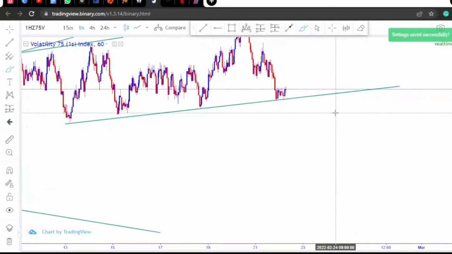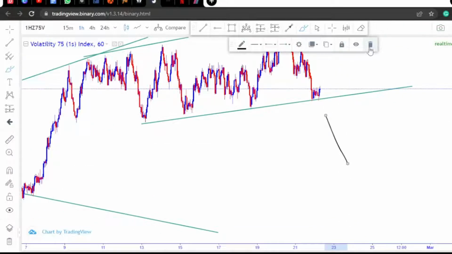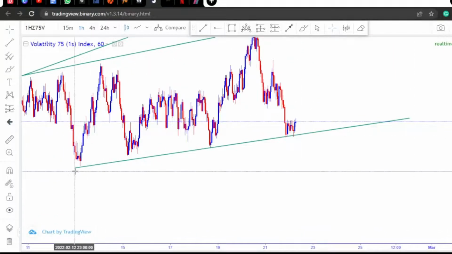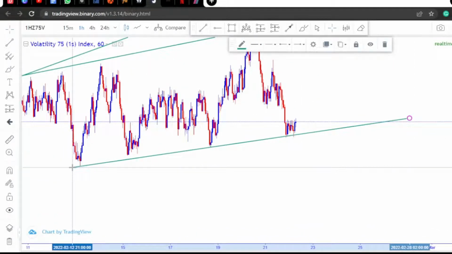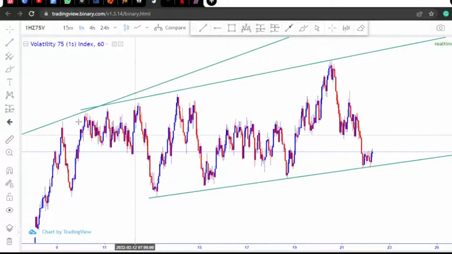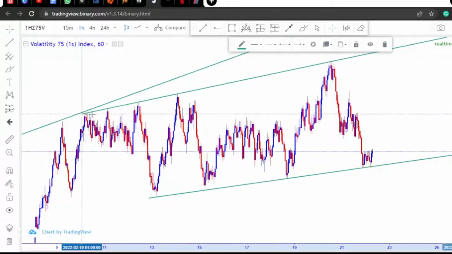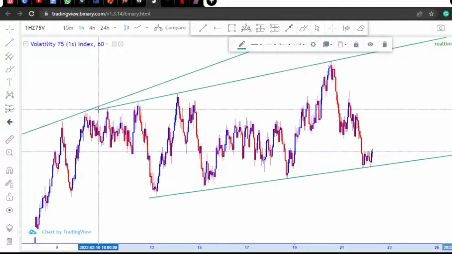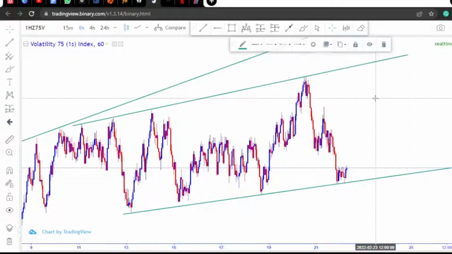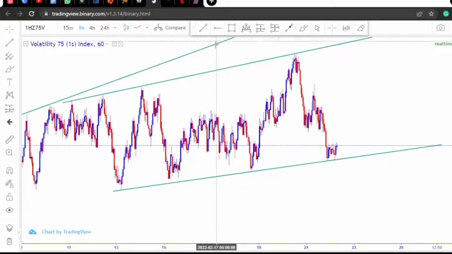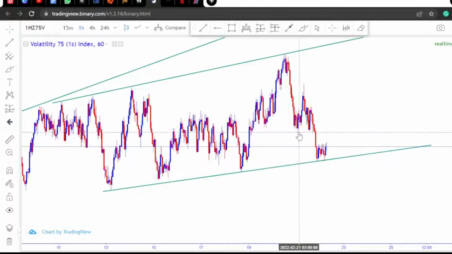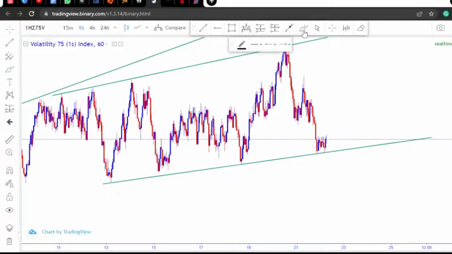So on the 1 hour time frame, you can see the pattern has formed well. Let me adjust this. The pattern has formed over there, so we can adjust this so that it fits correctly on our charts. Beautiful. Okay, on my Telegram group, when it formed this flag over here,